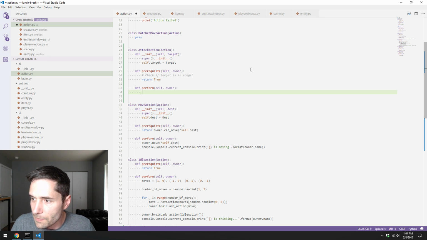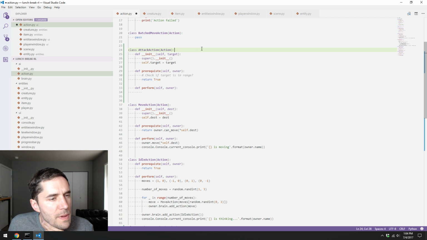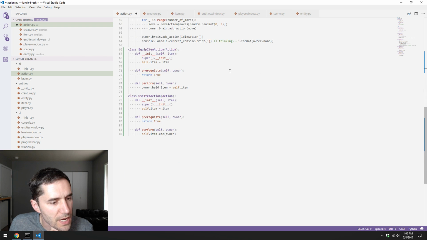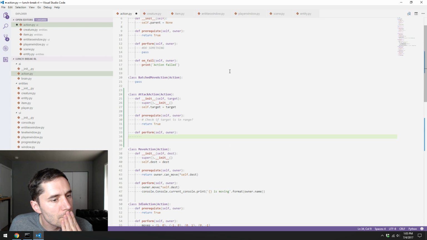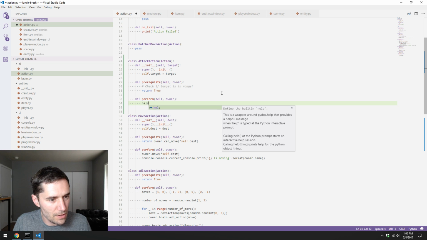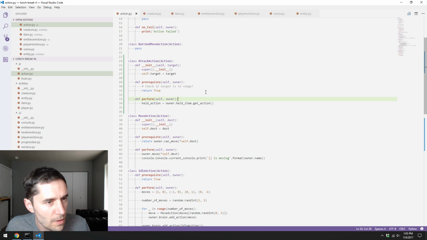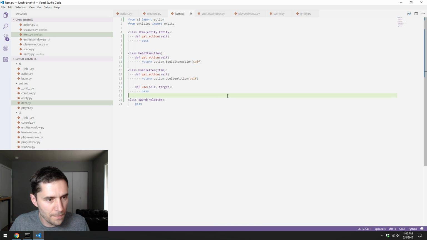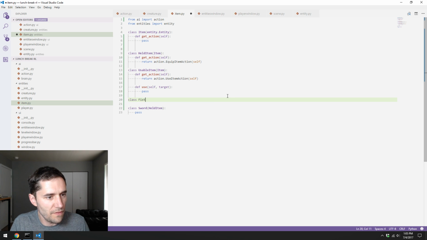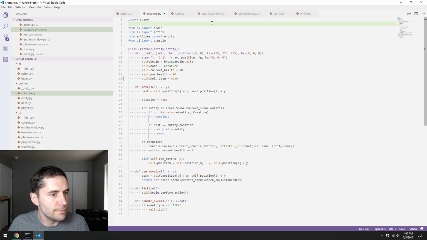Something I want to do something like this might not be, well, this, I'm trying to think. If this is attack, I want something. It's sort of attack. Maybe it's use held. So held action equals owner dot held item dot get action. Maybe. And then here I can just have a class. Let's call it fist of type held item, and we'll just default to having a fist. So this held item is not none. It should be